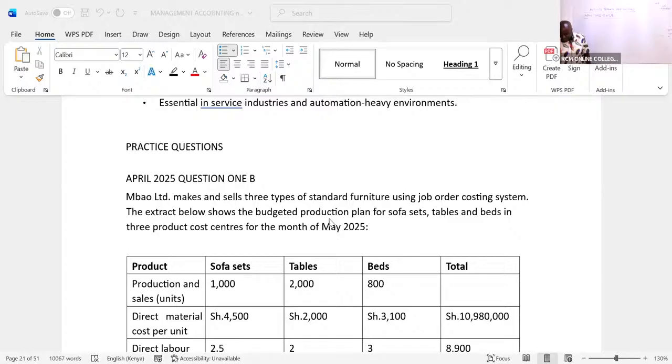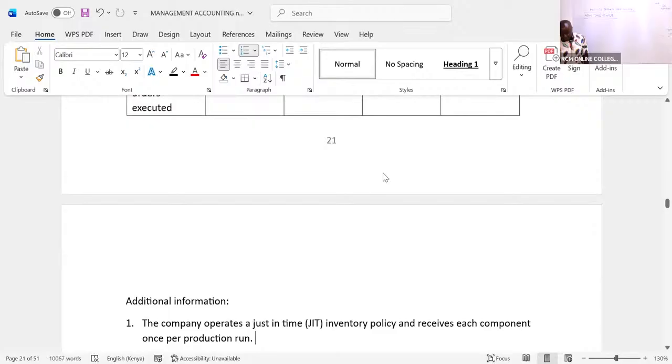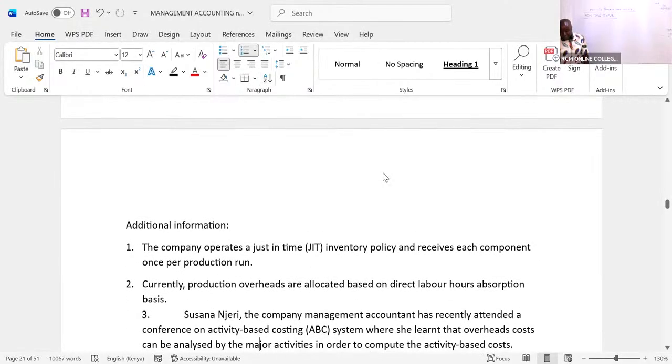I love management accounting because it is the easiest subject. So then they have given me cost drivers. When I see the word cost drivers, I know they're going to test me on issues to do with activity-based costing. So additional information, the company operates a just-in-time system, a JIT system, inventory policy,